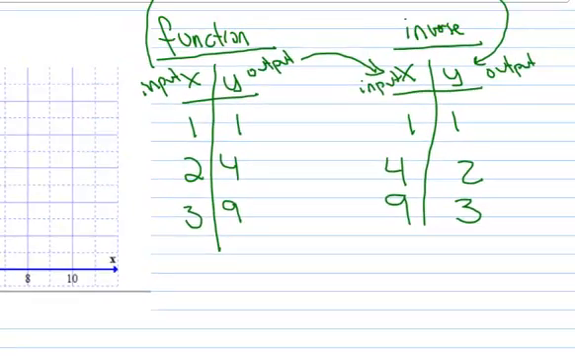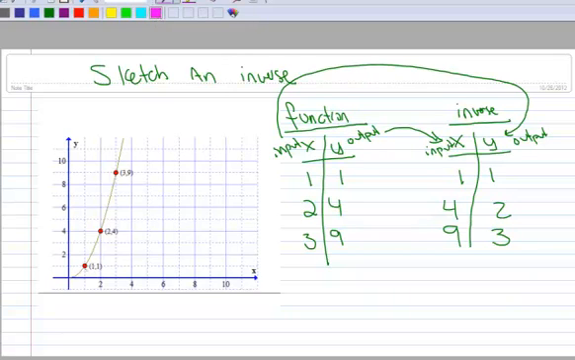And so now we can plot these. So the point (1,1), well, that's right there. The point (4,2) looks like it would be right there. And the point (9,3) looks like it's right there. And connecting them, whoa, this is a bad sketch, but you get the idea. It looks like that. And now I've just sketched the inverse, and they do look like they're reflections of each